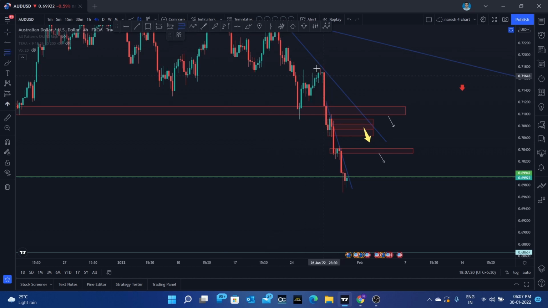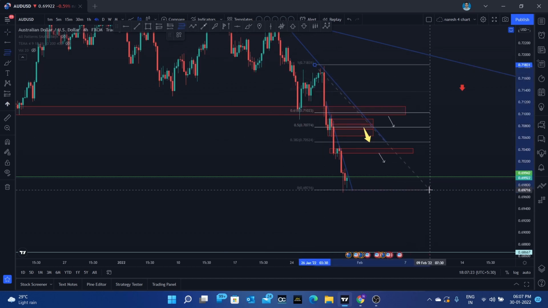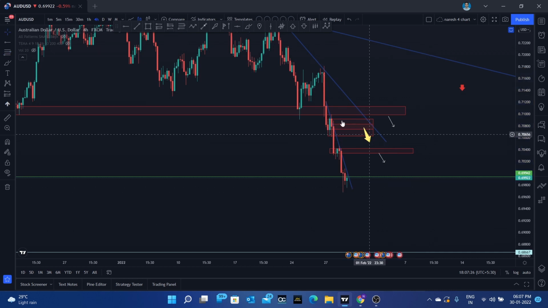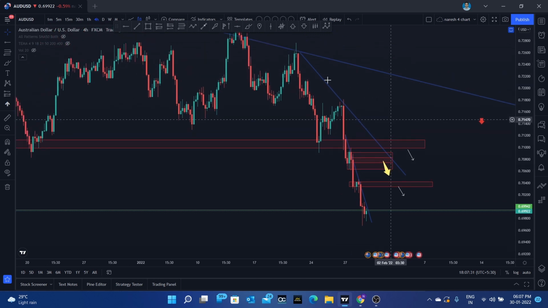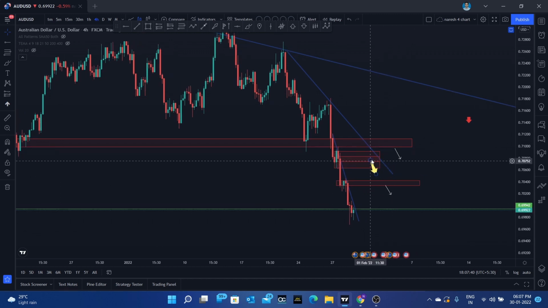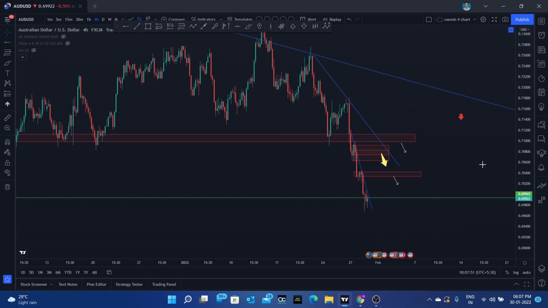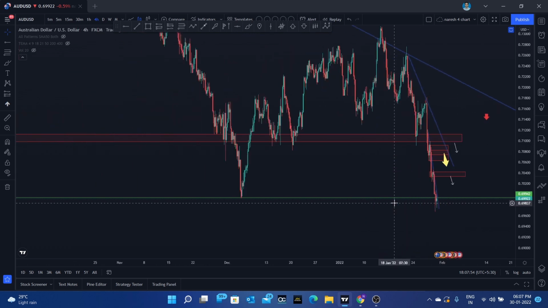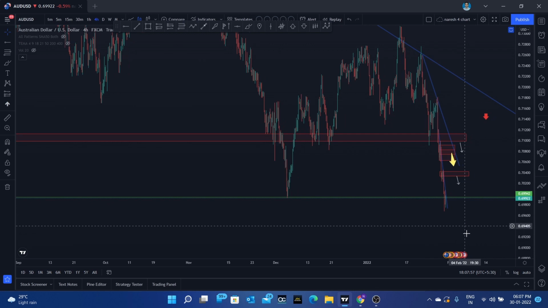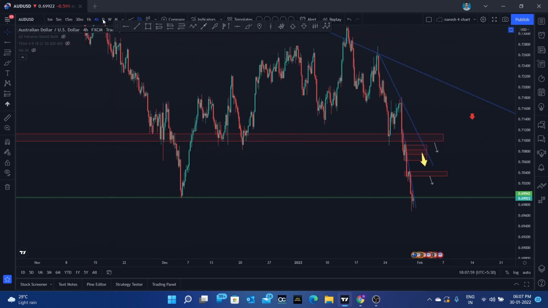We can see here it has a 50% retracement as well. We are also having a supply area here, guys, so it is a very important area. And you also have a trend line here. So if the price is coming to this area, there is a high probability it can respect this area, and if it makes some kind of bearish candle which is suitable for your short trade, go for the short entry, guys, and you can take this as your first target. And by using a trailing stop loss, you can go for a higher target as well, guys.